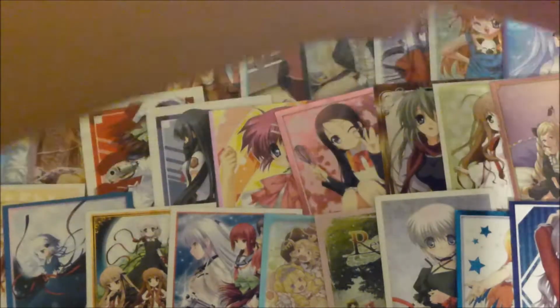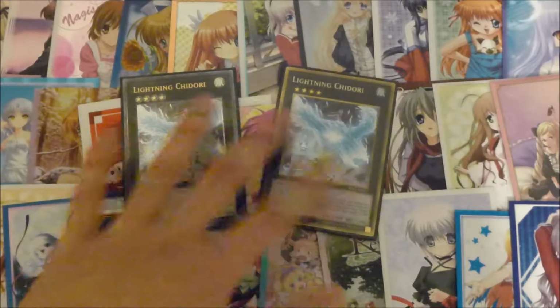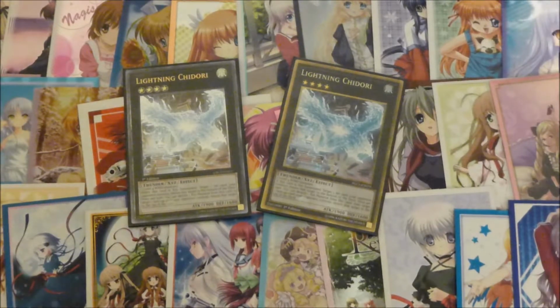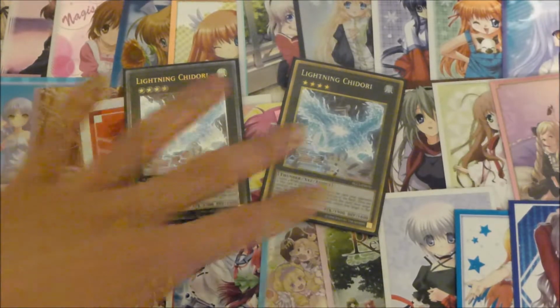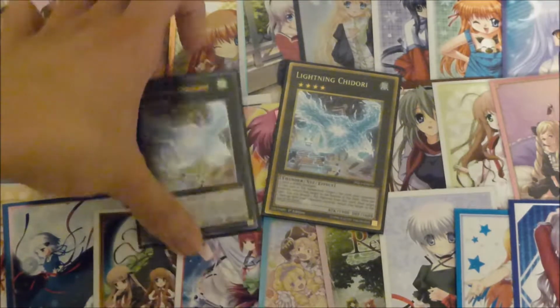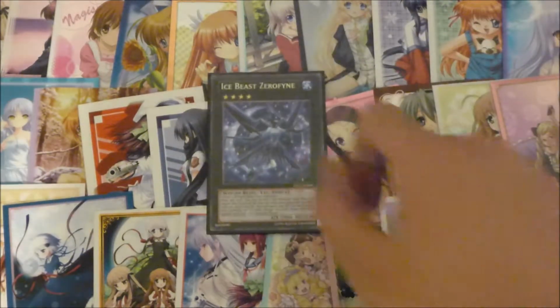So now on to the more specific rank 4s. I play the 2 Lightning Chidori, great in Harpies. It requires 2 wind monsters. When you summon it, you can target one set card your opponent controls, and then you return that to the bottom of the deck. And then its second effect, you detach to target one face-up card your opponent controls on the field, and put that to the top of their deck. It's really nice to play, and probably arguably the best